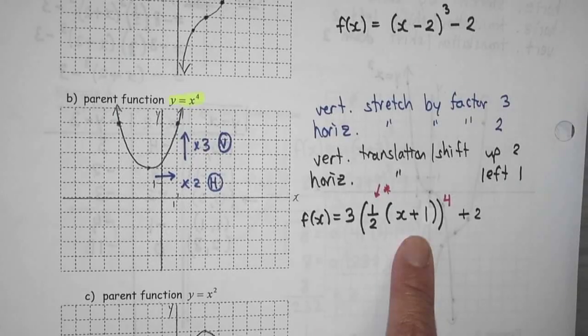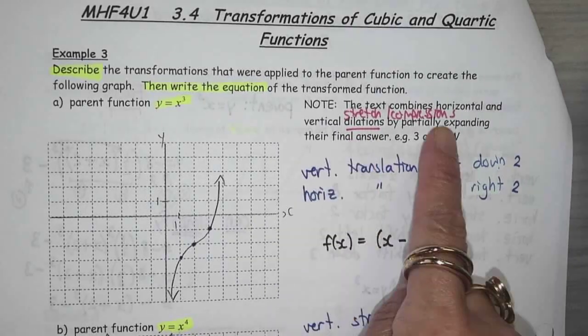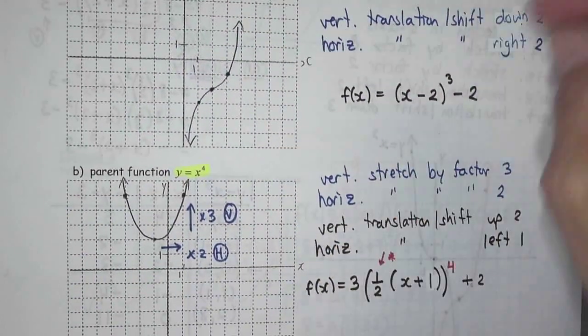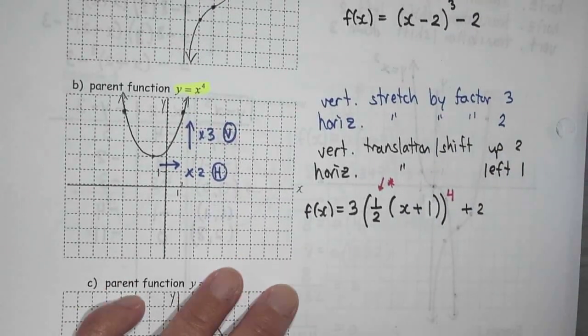Yeah, but we can algebraically still simplify. So that's what I was saying up here, is that the text always combines all your horizontal stretches and compressions, and they algebraically want you to put it together. Graphically, it would not help us. It would make it